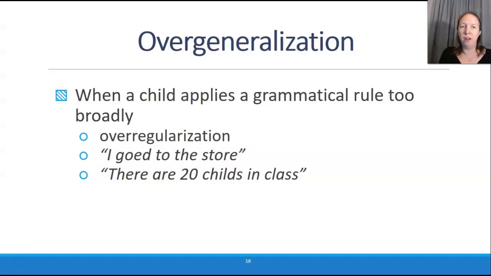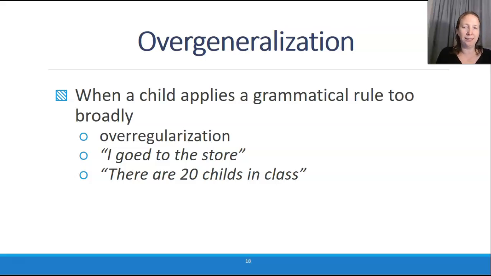One piece of evidence is that children have the tendency to overgeneralize or over-regularize. These words literally mean the same thing as far as I'm concerned. But they'll take some grammar rule that they learn and apply it to other words, even if they're not taught how to properly. So for example, knowing that ED means past tense,